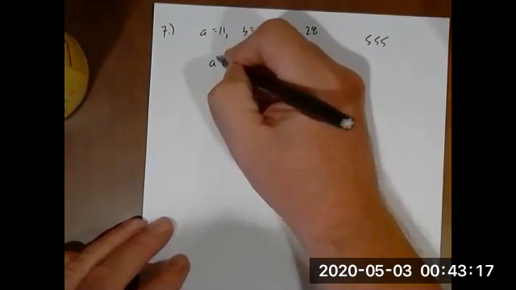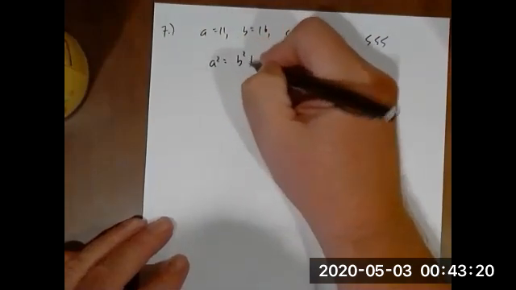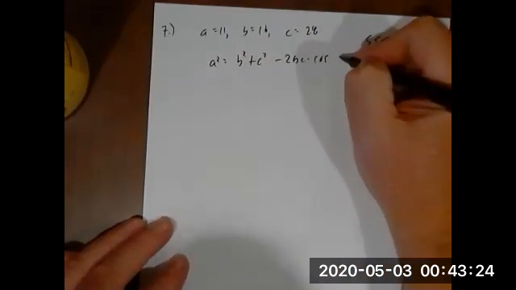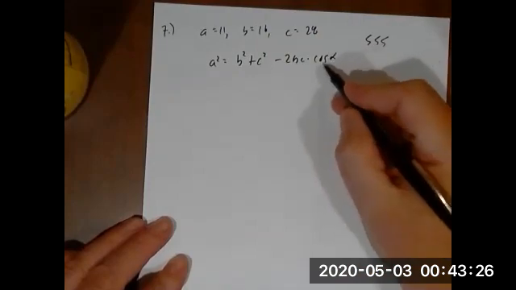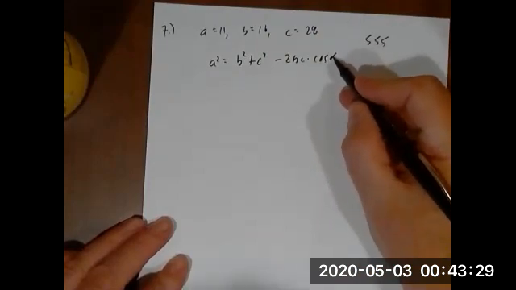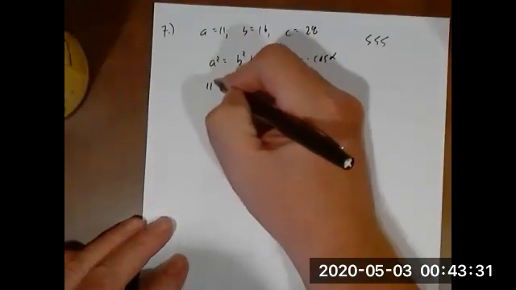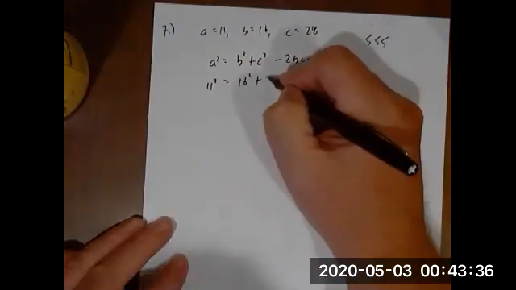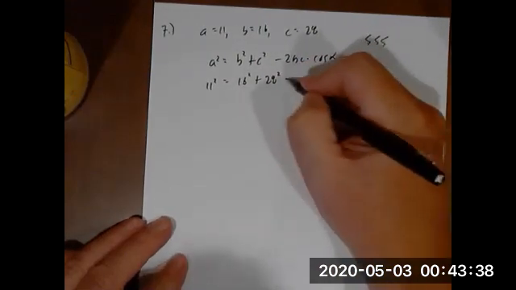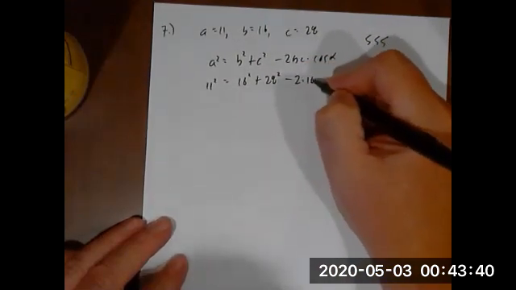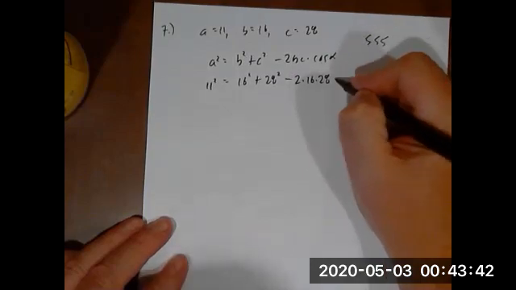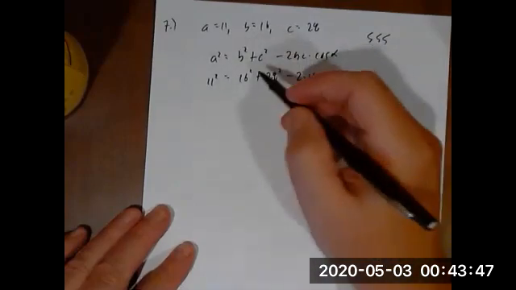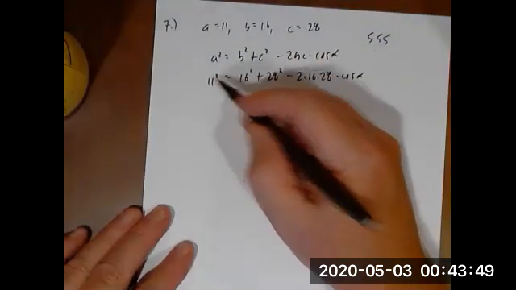So the equation with angle alpha is a squared equals b squared plus c squared minus 2bc times cosine of alpha. I know everything but alpha, so let's plug it in. So a is 11 squared, b is 16 squared, c is 28 squared, minus 2 times 16 times 28 cosine of alpha. Just like the last problem, I have to take this,